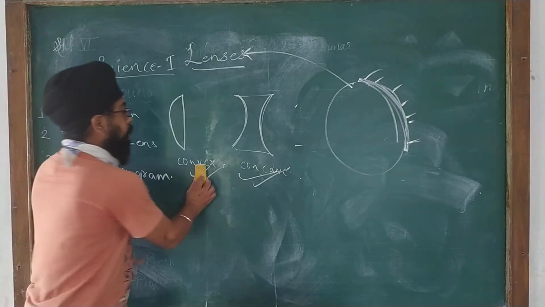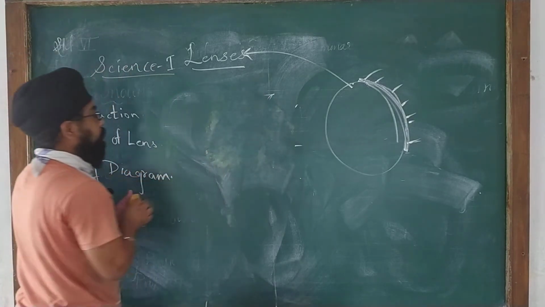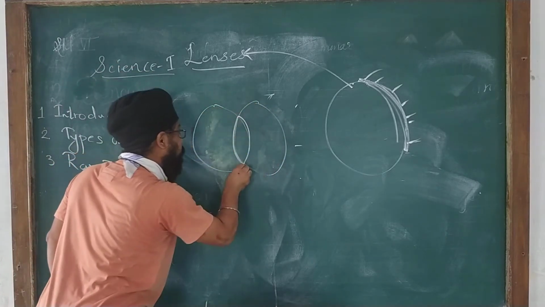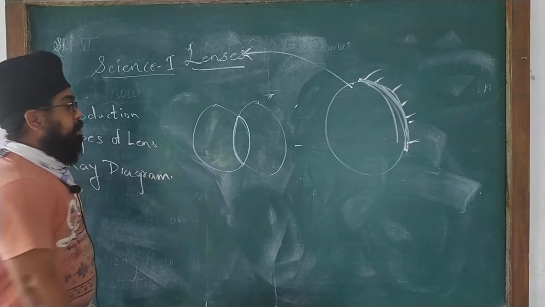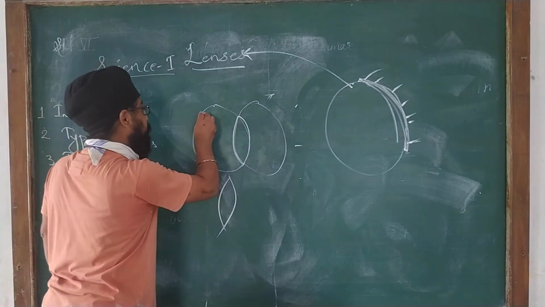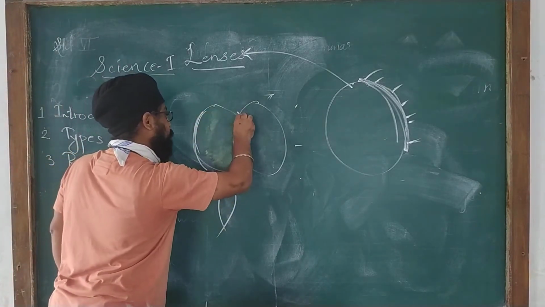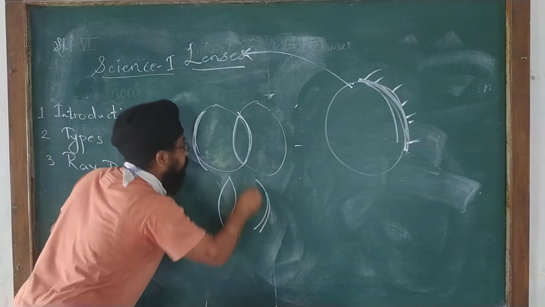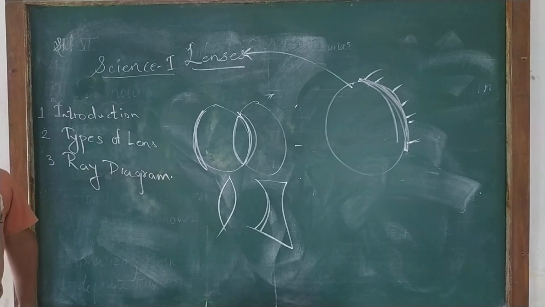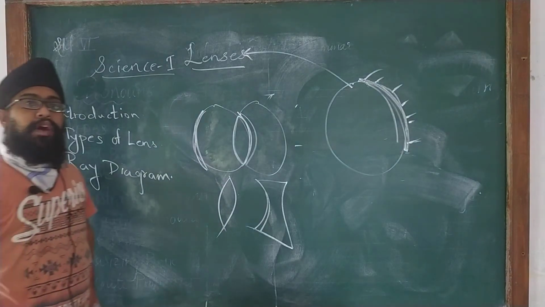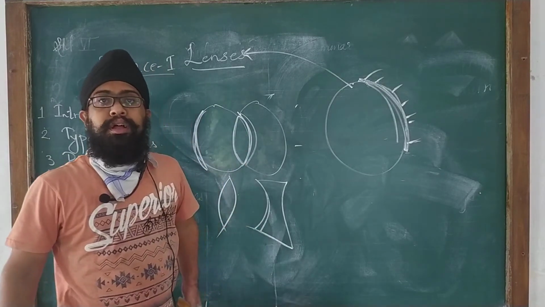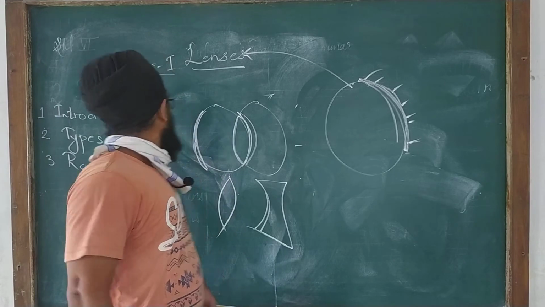Now let us see certain types. Suppose this is your mirror, correct? This part is cut, correct? From the mirror, this creates one type of lens, correct? Whereas another part is cut in this direction, and another part in this direction is taken and forms another lens. So from the part of the mirror, the shining surfaces are removed. They are taken as concave and convex.